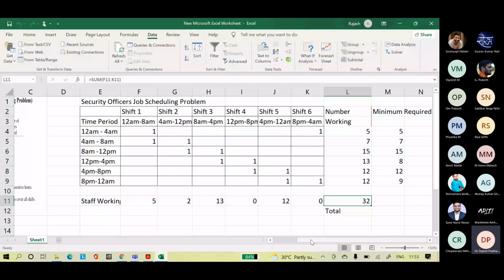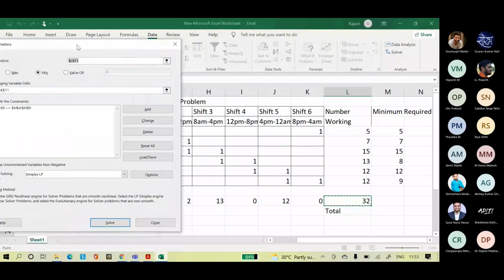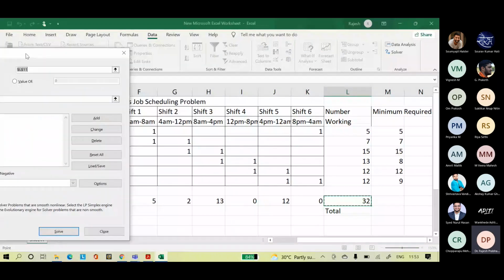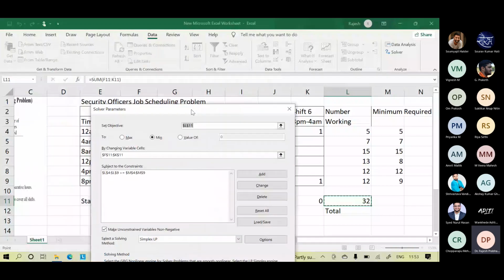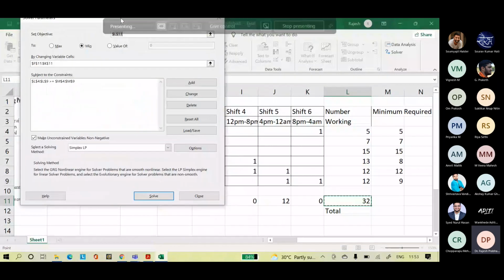Sir, once more, can you show that? Yes, please. Can you show the solver part once more? Yeah, I want the solver. Okay. Yeah, that's it. Sorry. How do I show the solver? It is overlapping, but you can understand the region.